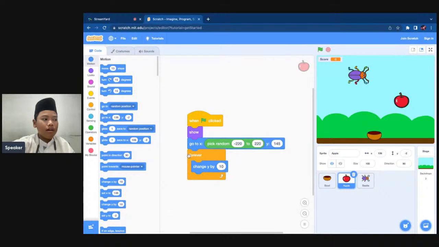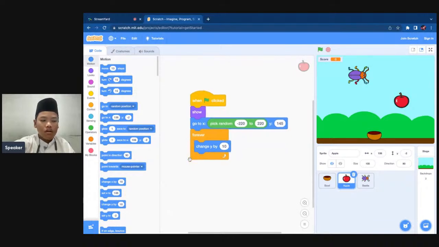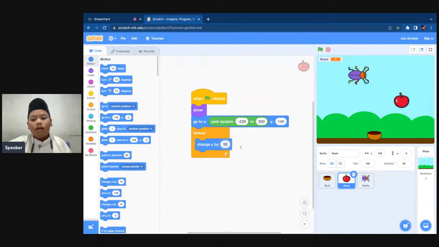Put it in the forever block. And then change the number into minus 10 or minus 8.